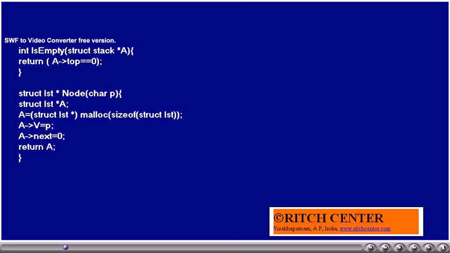Similarly, we have another function node which takes a character type of variable as argument. Then it creates an LST type of variable and stores this character, and the next data member of that node will be made 0, and then the address of this LST type of object which is created will be returned.